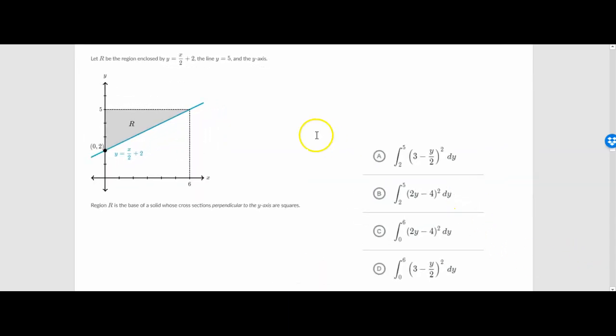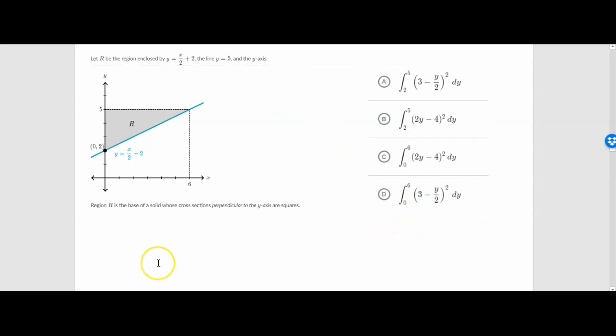I'm going to look at this one right here. This one is multiple choice, so we just have to identify the correct integral here. It says let R be the region enclosed by the function y equals x over 2 plus 2, and the line y equals 5, as well as the y-axis. Region R is the base of a solid whose cross sections perpendicular to the y-axis